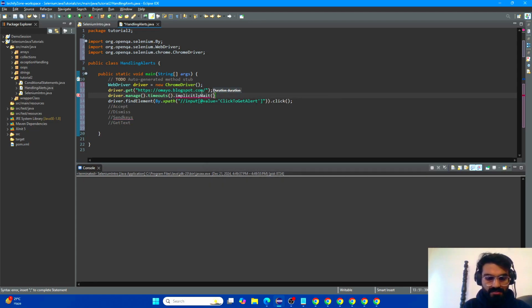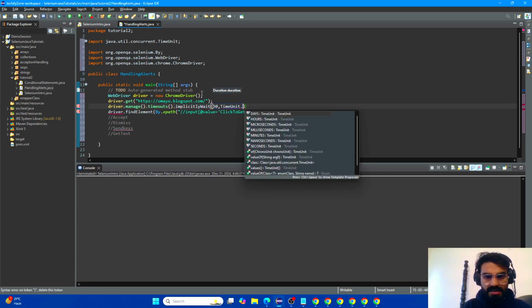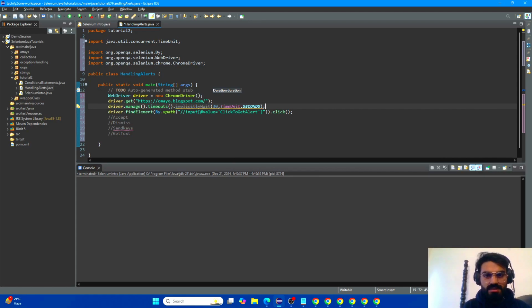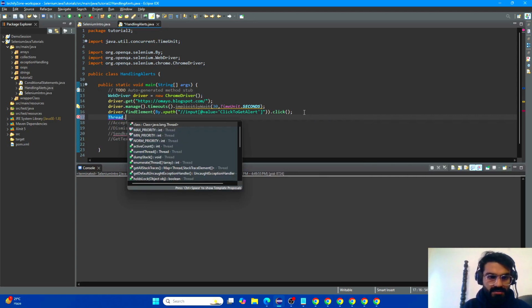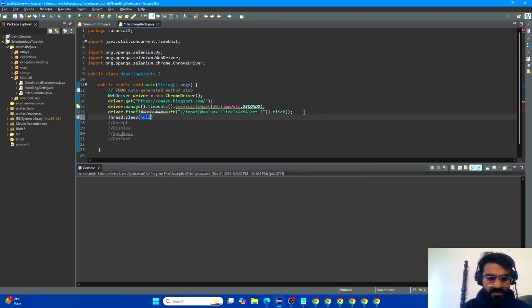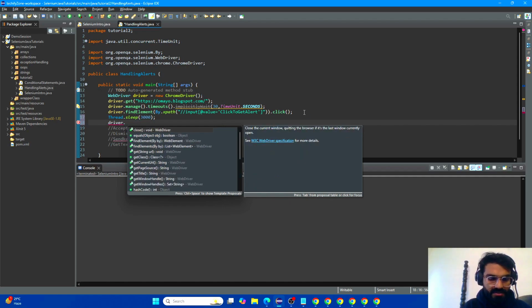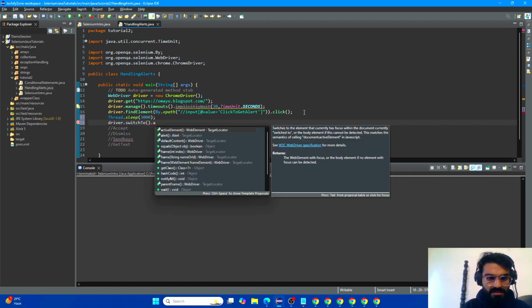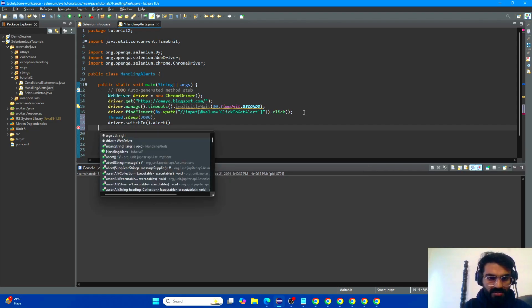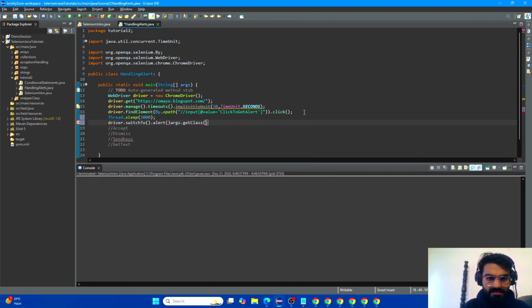You can go ahead with this, which is 30 seconds, time unit as seconds. Okay, let's go for it. Click, and if it clicks, let me do a Thread.sleep because I want you to see that particular bit of 3 seconds. Or else it will be so fast. Then driver.switchTo.alert.getText